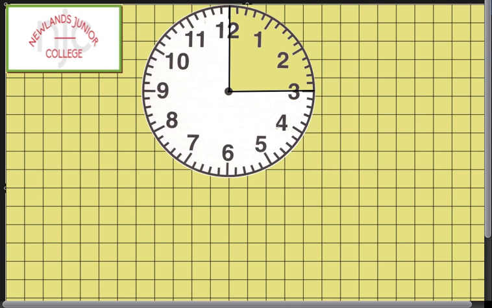And hopefully you can see that as a fraction of the whole clock face, it's 1/4. So what does that tell us? Well, if you remember that 60 minutes equals 1 hour, then it tells us that